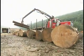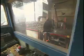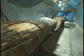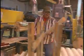The company's general manager is Brian Boltz. After the logs are graded for bat quality, they are sawed into 40-inch blocks. A 40-inch block could yield anywhere from 8 to 25 bats. The wood makes its way into the mill, where Larimer & Norton's laser-guided boring machine cuts out 3-inch round pieces